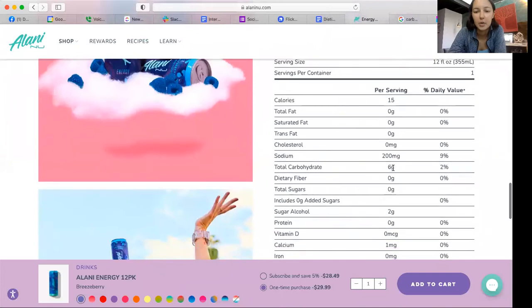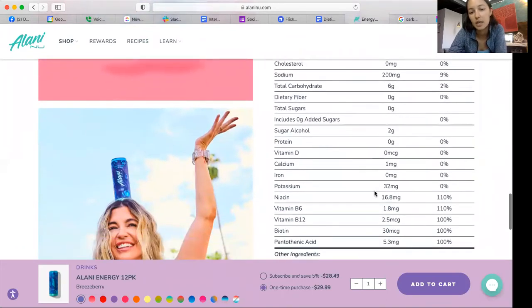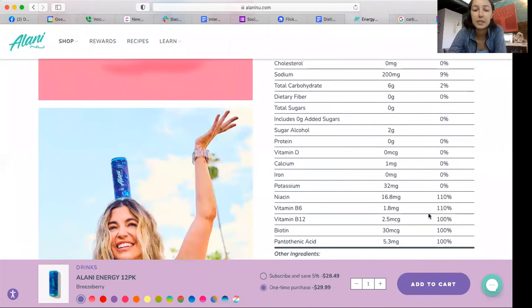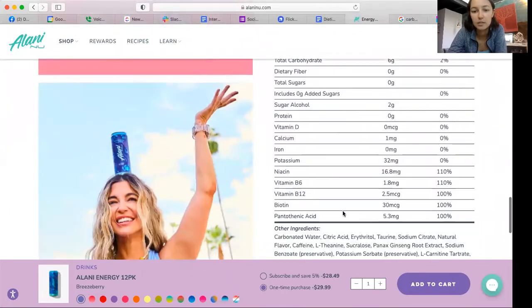We're seeing it's pretty low carb, which is not surprising because we know they're using sugar alcohols. But you can see on this label, they do note sugar alcohols as 2 grams. So remember we talked about 10, so this isn't terrible. Keep that in mind. And then we see a lot of different vitamins and minerals. We see lots of B vitamins because again, this is an energy drink. So they're going to do anything they can to get you more energy, nutrients that have the most energy. That's your B vitamins.